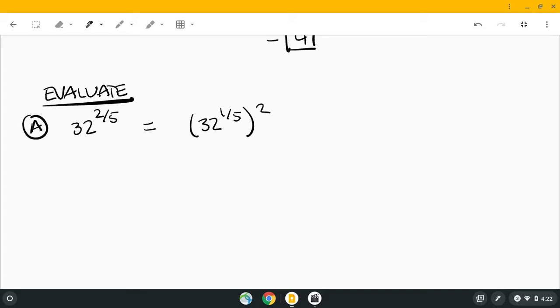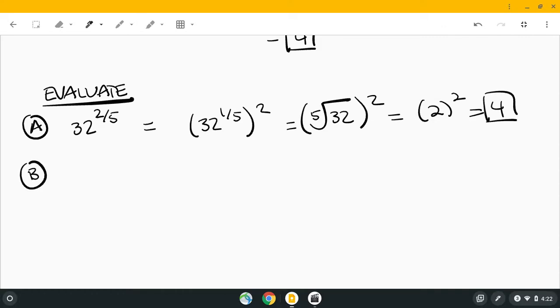Okay, so that's like the 5th root of 32, and then whatever we get, we're going to square it. 5th root of 32 is 2, and then we're going to square that, and we get 4. Okay,